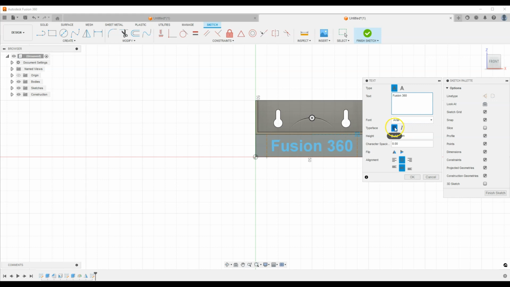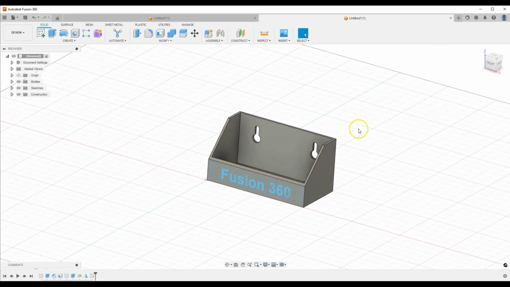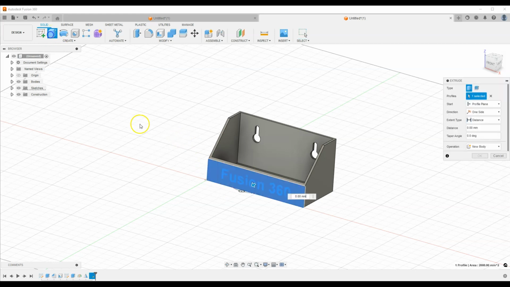Select this icon to make the text thicker and place the text in the middle of this field. Click OK to accept and click Finish Sketch to exit the sketch. And now based on this sketch we can create convex or concave text. Select the extrude operation. Here the entire model wall has been selected, so click this button to deselect it and